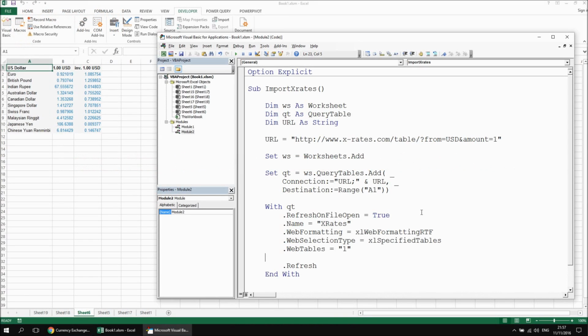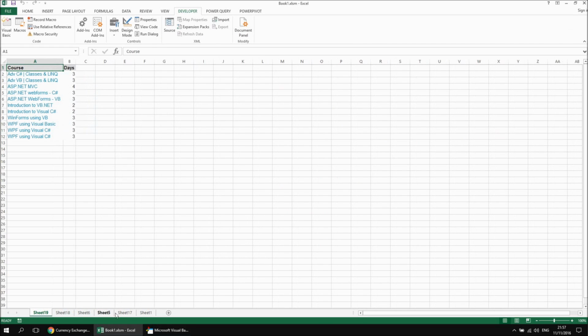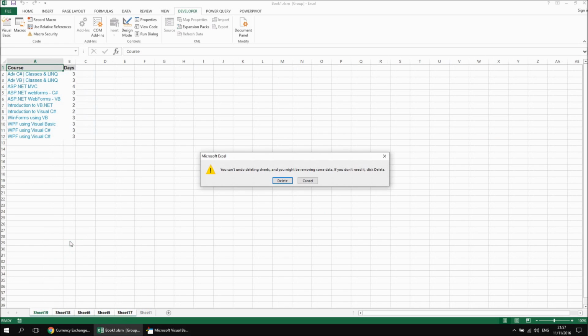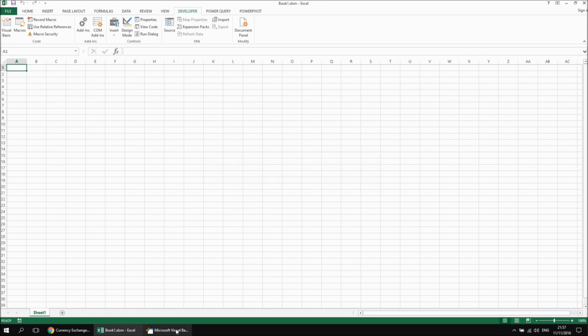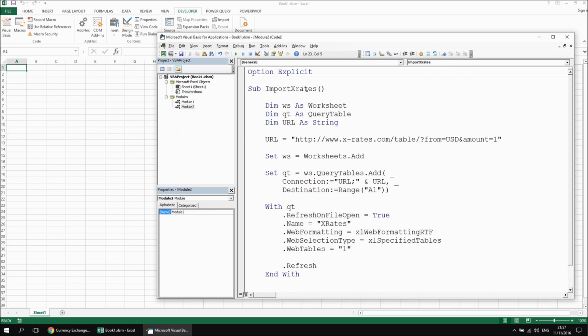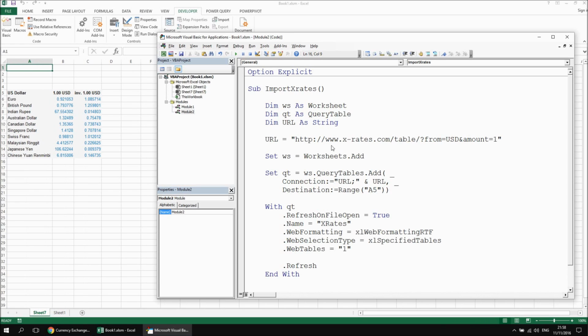Okay, now that I've established I'm getting the right results, I'm just going to do a little bit of tidying up in the worksheet. So I'm going to take away all of the extra worksheets apart from the original blank sheet 1. And if I delete all of those, I'm going to make a last little tweak to my import X-rate routine. I'm going to make sure that I put the data starting at cell A5. And having done all of that, I'm just going to run this one more time, and then I've got the basis of a simple queryable